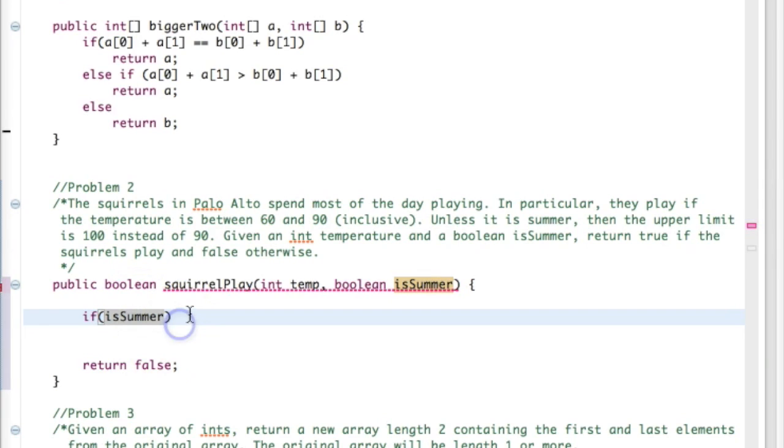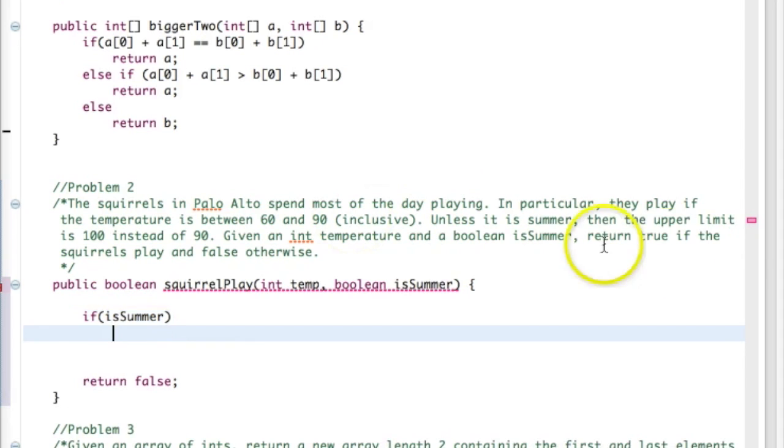We don't even necessarily have to say if isSummer is equal to true. We can do that, but we can just also say if isSummer, which is actually a lot easier to do. It says that if summer, then the upper limit is 100 instead of 90. So we can say something that looks like this: